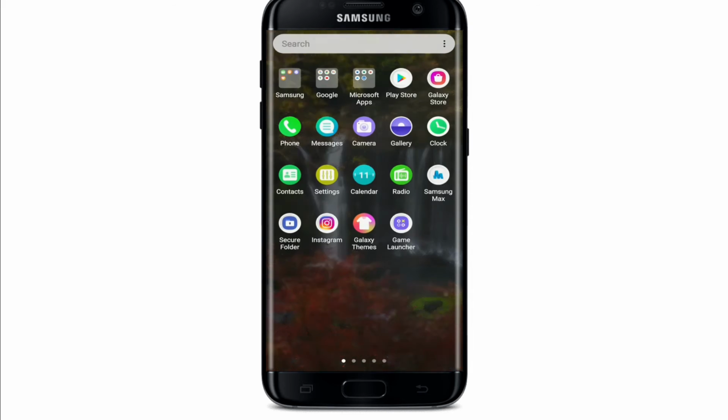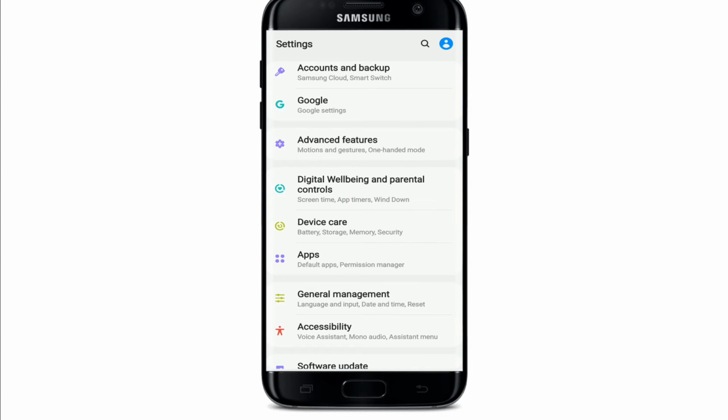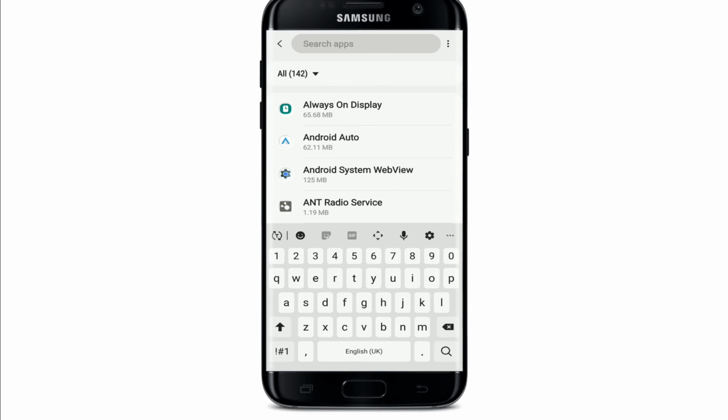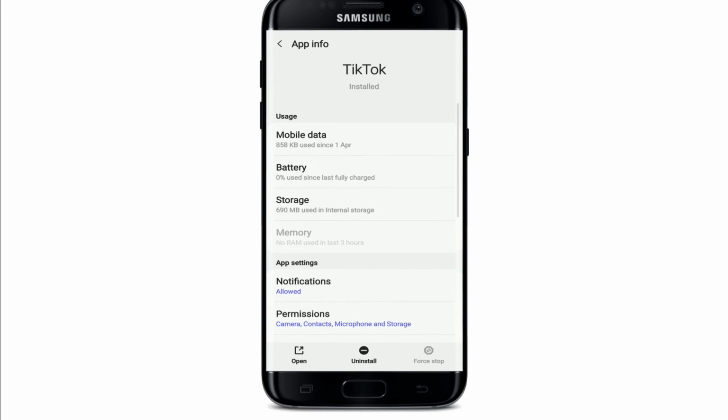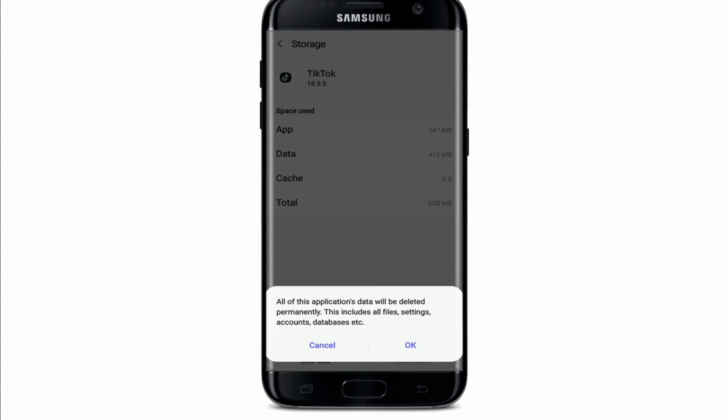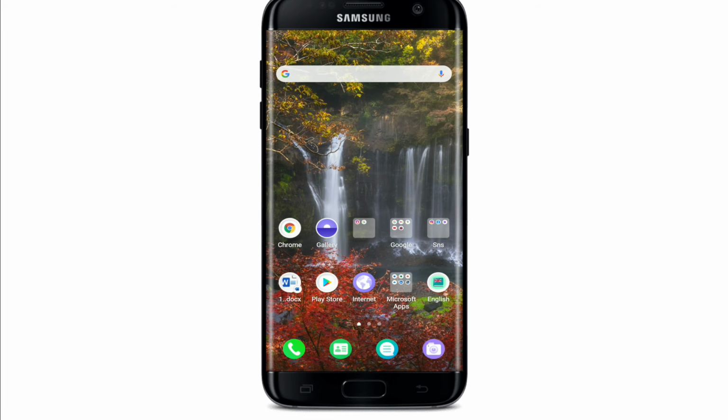Another thing you can try out is to clear your app cache and the data. Tap open settings and tap on the apps button. Now find TikTok from the app list. Once you do so, under use as tap on storage. Tap on clear cache at the bottom right, and from the bottom left tap on clear data. From the pop-up select OK. Doing this will delete all of the application's data permanently, which includes all the files, settings, accounts, and databases. After you tap on OK, you can go ahead and tap open the TikTok application, and you'll need to sign into your account again. If you are still having a problem with it, then the next thing you can do